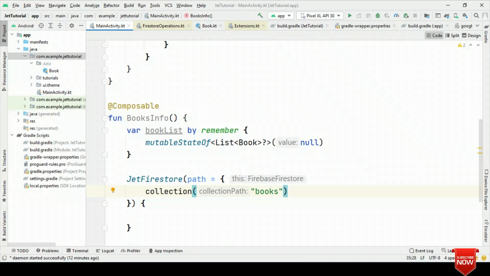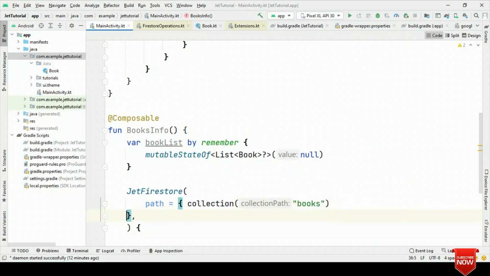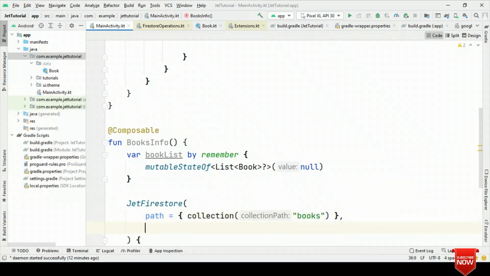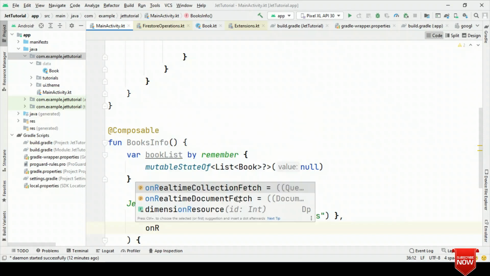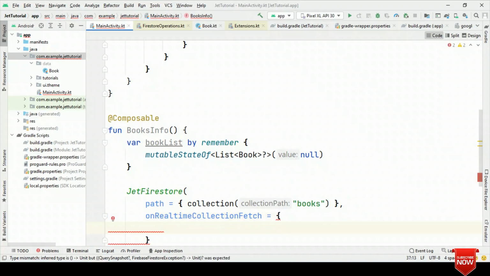Now, the next part is, rather than just getting single time data, let me set a real time listener for this. What I need to do is that I have to call on real time collection fetch. This will provide value and exception.